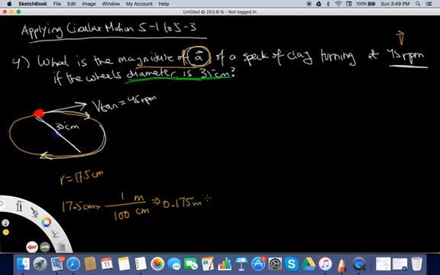We get 0.175 meters. Okay, so this is our radius. All right, and I will erase this. We already kind of showed that work. If you need to see the work, please go back and pause the video, but we already showed it. So we have our radius to be